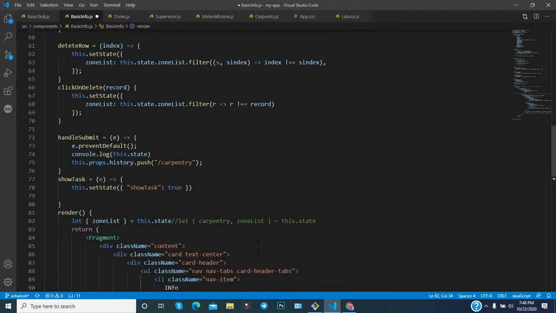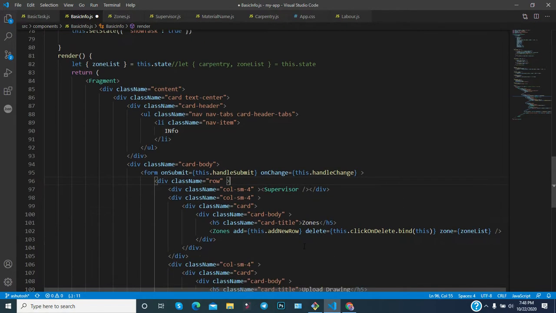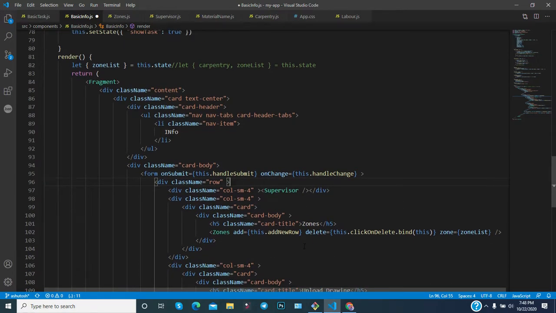As you can notice, this is the form, and we have done an on change method. So we have made it dynamic. However, you can also write an on change method on that particular input field to change the state value on the change event.